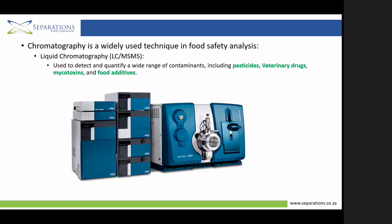We've also got LCMS, so typically in food labs, LC triple quad would be used for pesticides, pet drugs, mycotoxins, food additives, etc. It's a really great, robust system that can go down to very low detection levels. EU regulations and US regulations typically always go down. So this is a really important instrument for food exports, because it measures a lot of the stuff that customers need to measure in order to export their foods to the EU and US market. So this LCMS is a really important piece of equipment for customers that need to export their products into these